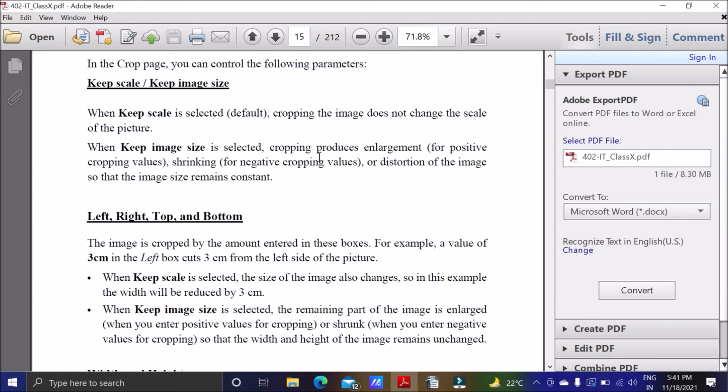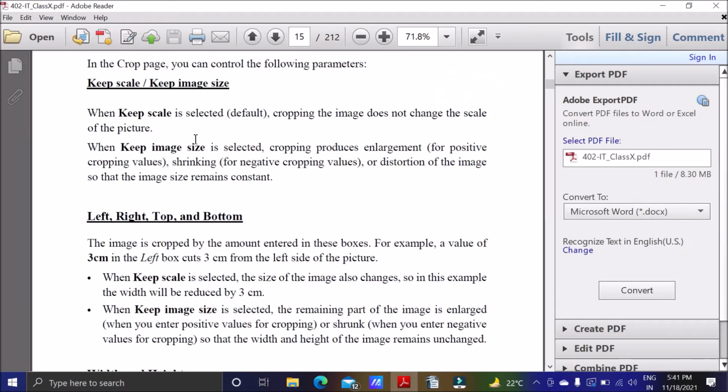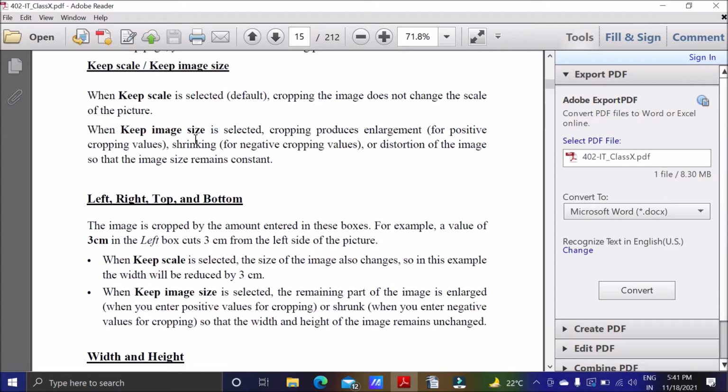First is keep scale or keep image size. Here you can see we have two options, keep scale and keep image size. Keep scale is the default one. It will be automatically selected, but you can go for keep image size also. Now what is the meaning and what is the benefit of using keep scale or keep image size?